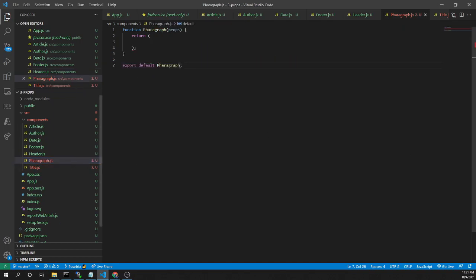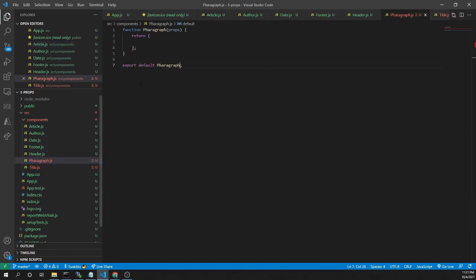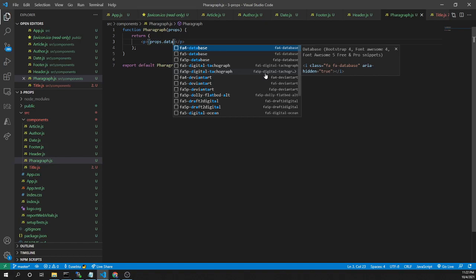Okay, and for the paragraph, where is the paragraph? Here is the paragraph, which has the data property. So for the paragraph we need to add a paragraph tag, and we need to add the data. So here I need to have props data.